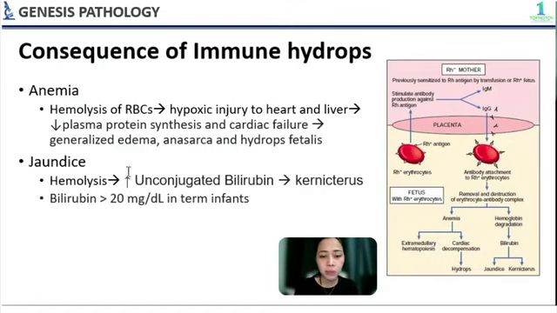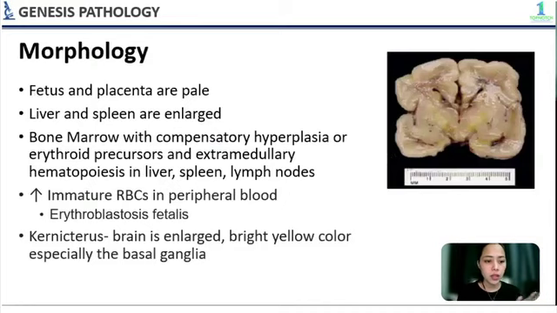Jaundice can also develop because hemolysis will release unconjugated bilirubin, which is lipid-soluble. It can cross the blood-brain barrier and lead to kernicterus. So, in terms of morphology, hindi naman sa lahat ng pagkakataon, no, severe and generalized yung hydrops fetalis. Pwede din isolated lang siya with just pleural or peritoneal fluid accumulation. Infants may be stillborn, they may die, but some naman they recover.